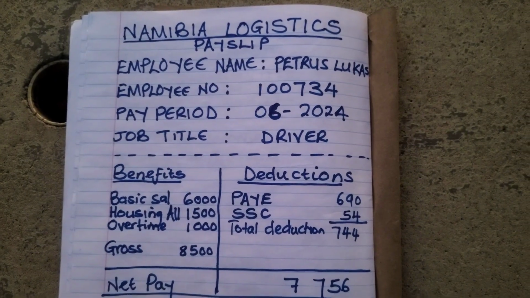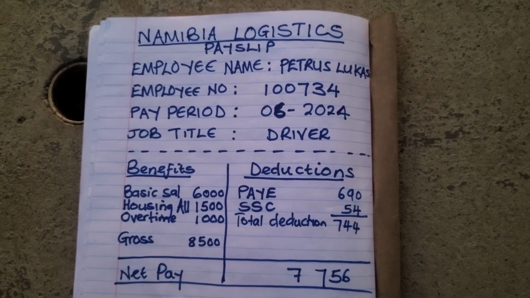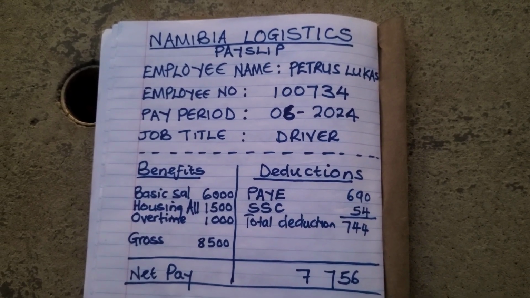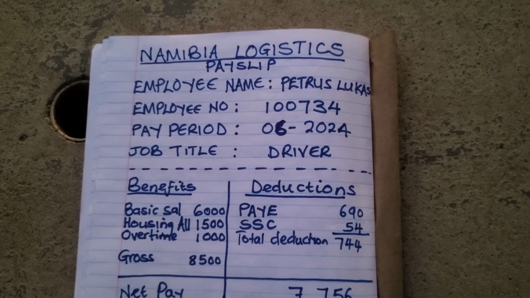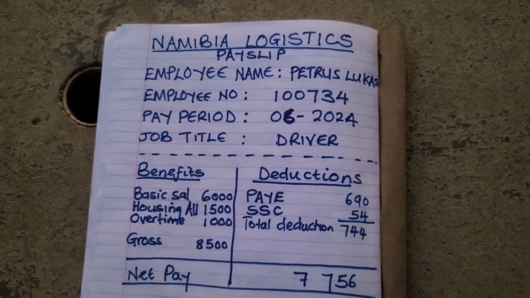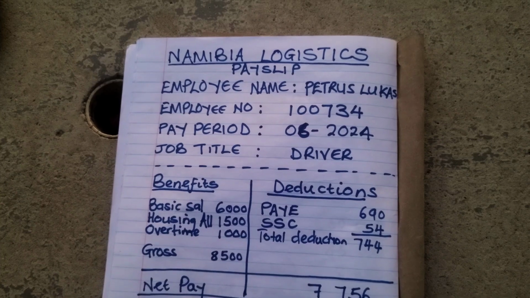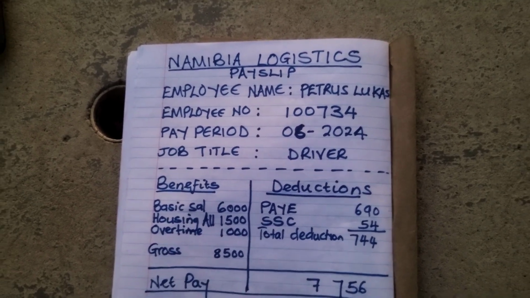Right? So for now, I will turn over to our example to see a practical example of how the tax refund will actually be done. I'm going to do a practical example of how this tax refund will work out. We have a hypothetical company that we are going to use called Namibia Logistics, and we have a hypothetical employee called Petrus Lucas. This is just a fictional name. If it matches any one of our comrades, don't take it seriously.